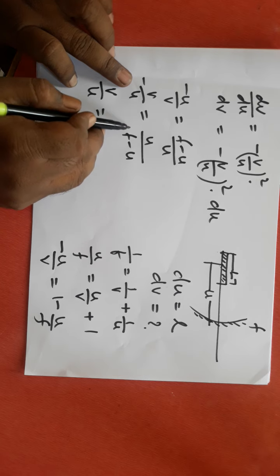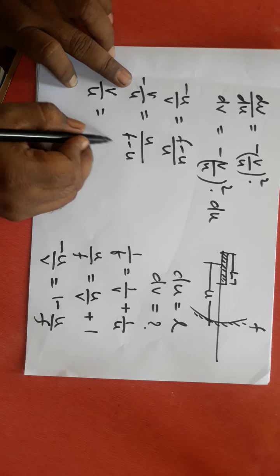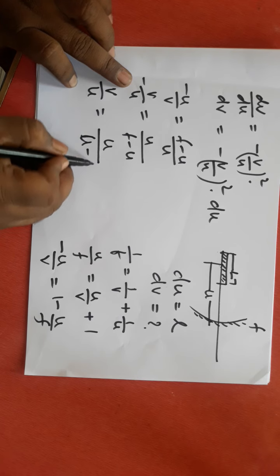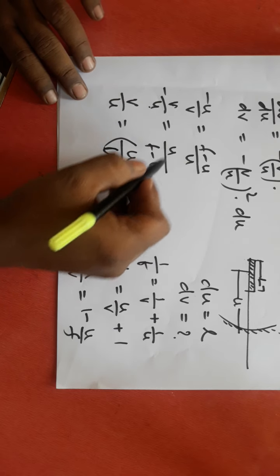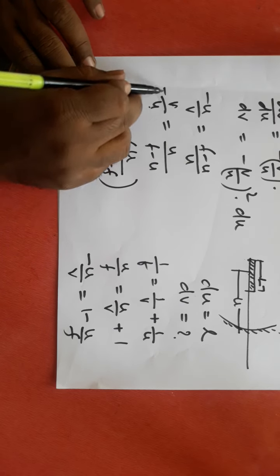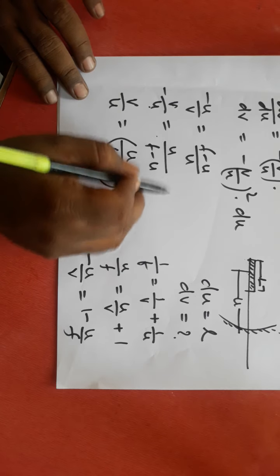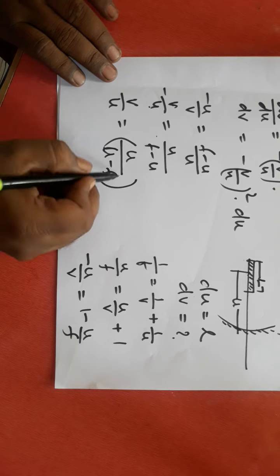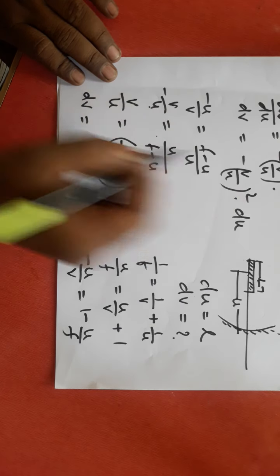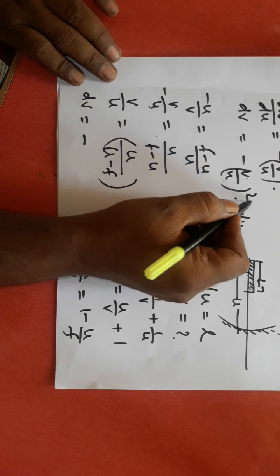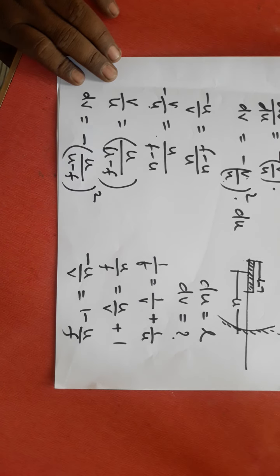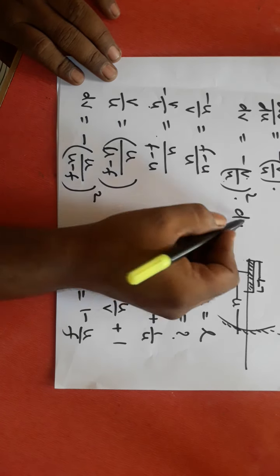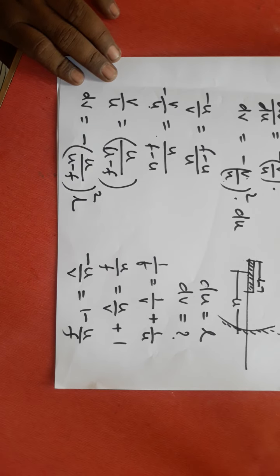If you multiply here, this u will come this side and f will go this side. Then this will be u divided by u minus f. See, this is minus v by u. I want to take v by u. I multiplied this minus this side, or multiplying with minus on both sides. Then what will I get? This dv is equal to minus v by u whole square, that means u divided by u minus f whole square into the length of the object. Length of the object is L. Image we got negative because it is an inverted image.